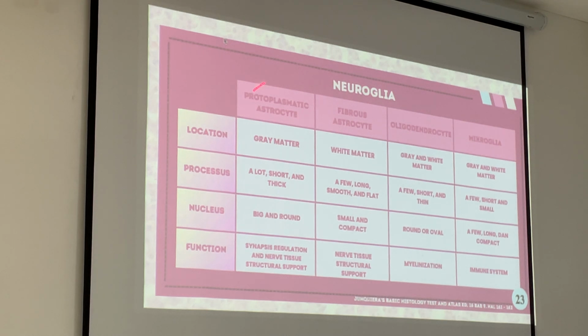Okay, this is the recap. Make sure to read also the functions. Protoplasmic astrocytes do the synapse systems, so they help one neuron communicate with others for faster communication. And then the fibrous astrocyte is more like a support system. It also transports ions and nutrients from the blood vessels to the neurons in the cortex cerebri. Oligodendrocytes help to produce myelin in the central nervous system. The microglia act as the immune system of the nervous system.